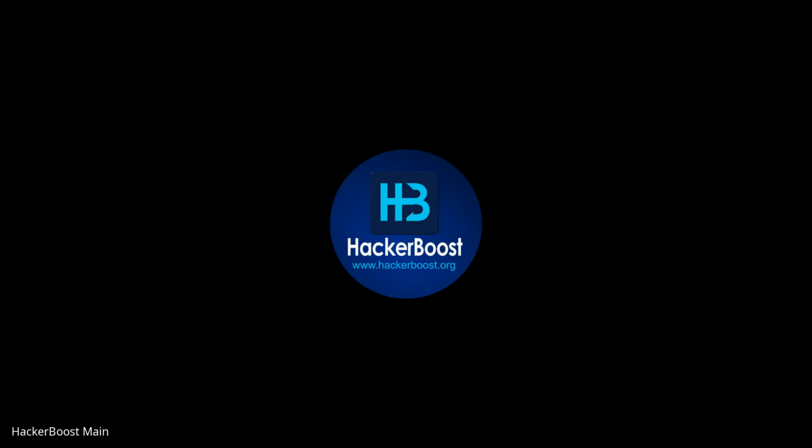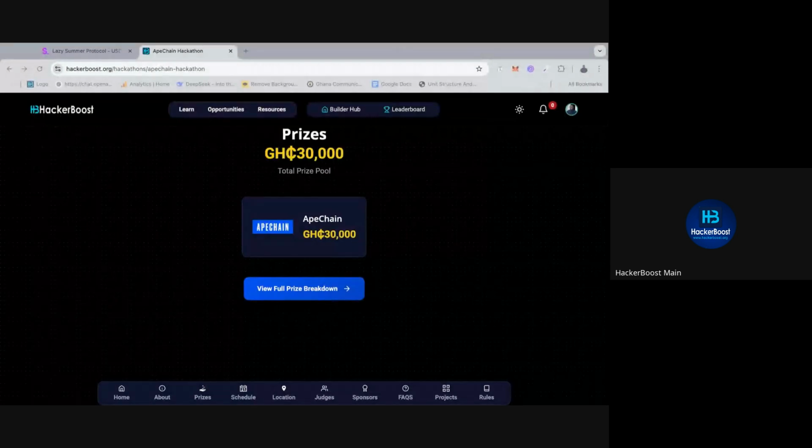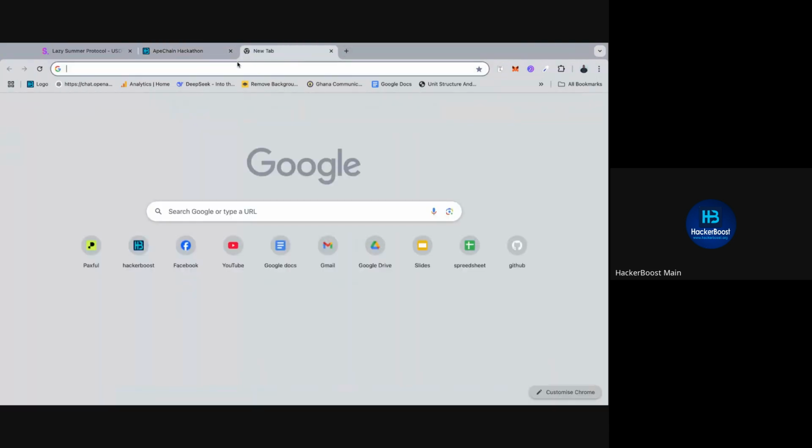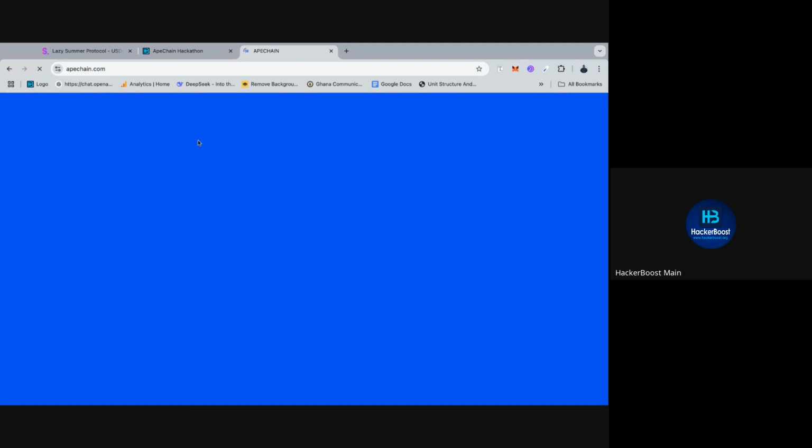So first thing we need to do is to open the ApeChain site. I'll be going to ApeChain because ApeChain has already provided us with documentation that we can just follow to start building on their chain. I'll be walking you through their documentation, and they have a very simple code there that will allow you to put everything together. Then you start building. All right. So apechain.com, and then when you get to the platform,